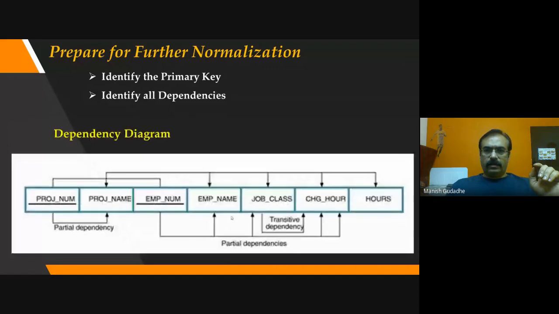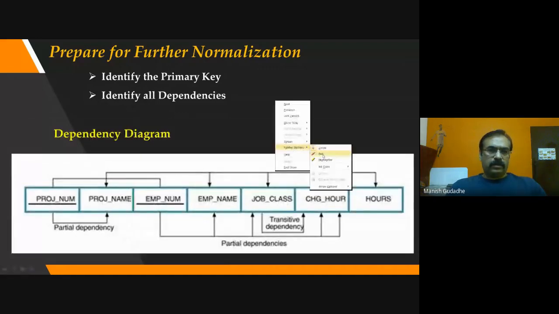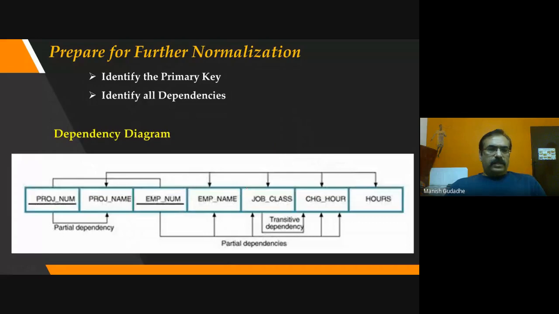See here, as we said, we'll have to form a super key. Super key means a primary key which will be a combination of two things, project number and employee number together, which will be able to identify all the things. So that is always correct. Here it is saying that project name and employee number together can identify all things.